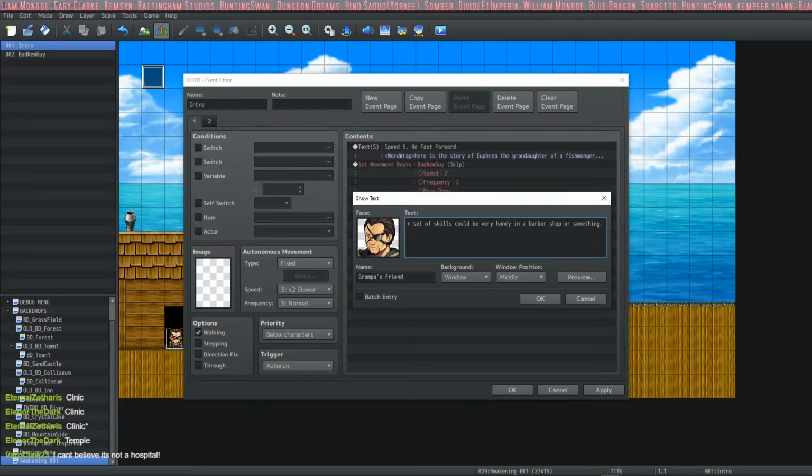I think we have to know our audience, right? Even though you and I know that barbers used to be like surgeons as well, that's not going to translate. People would be like, she cuts hair? I don't get it. So it's got to be something more people would know. Clinic or something.